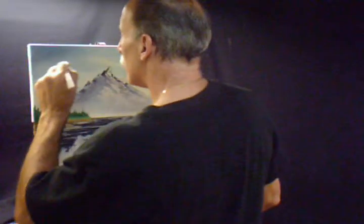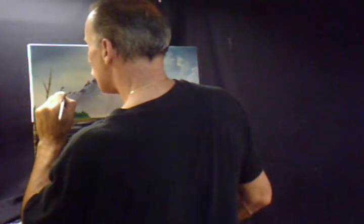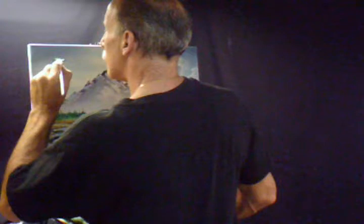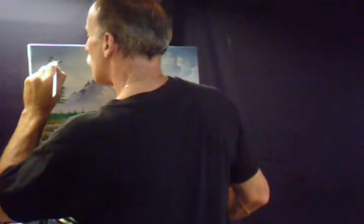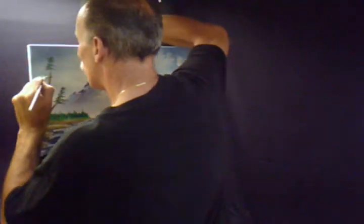Now we're going into the sap greens, brown, black, darker. Just tapping it on the fan brush. I'm going to put some leaves in now, just like that. So what I'm going to do is I'm going to start out by tapping. Just making some illusions, the illusion of